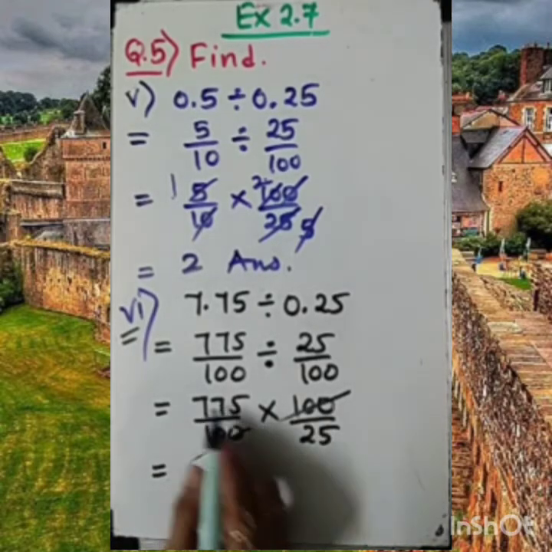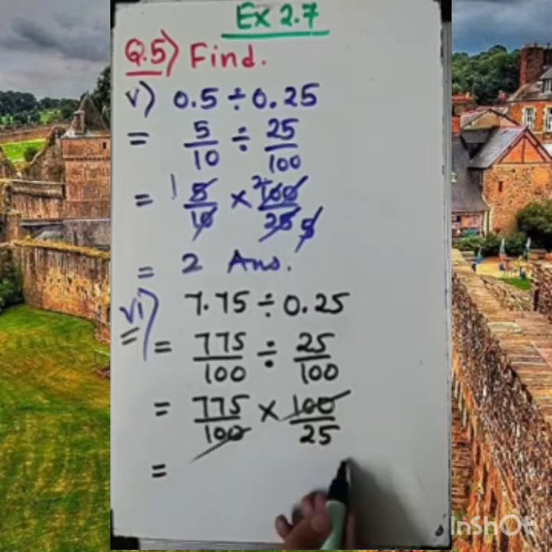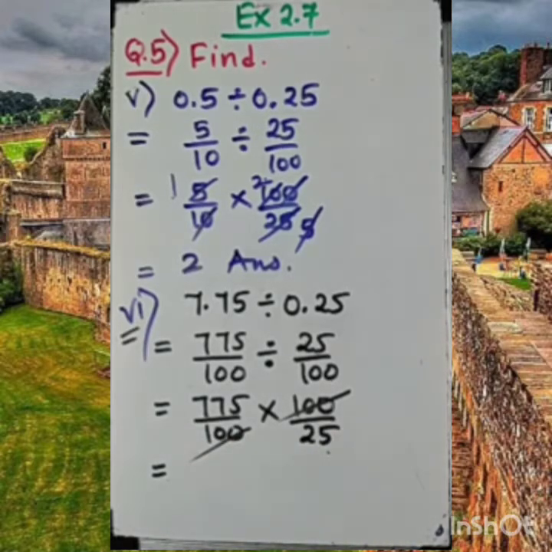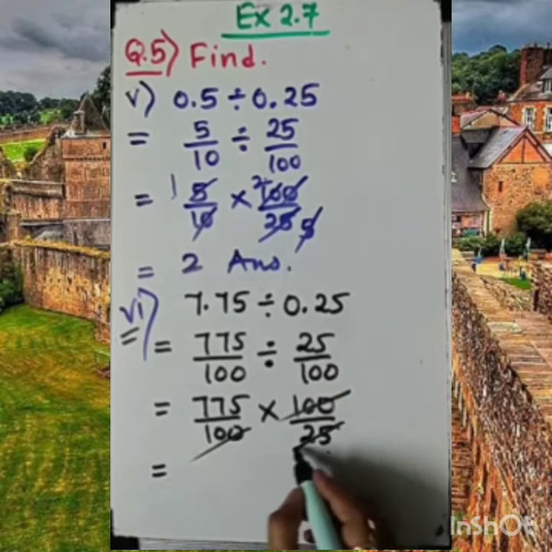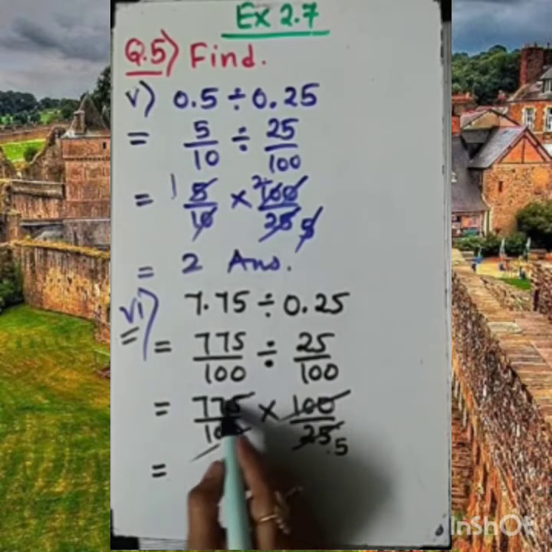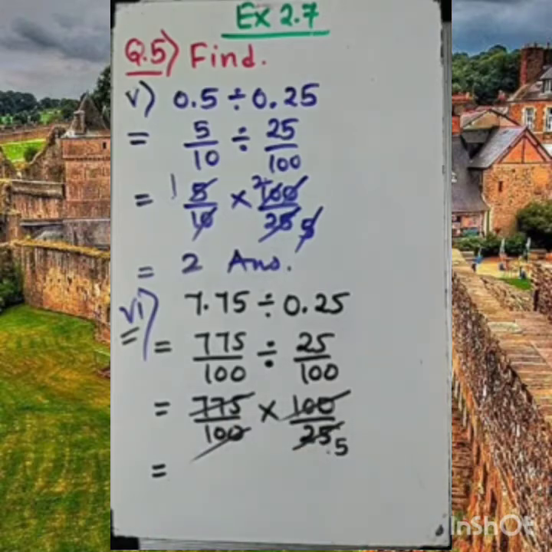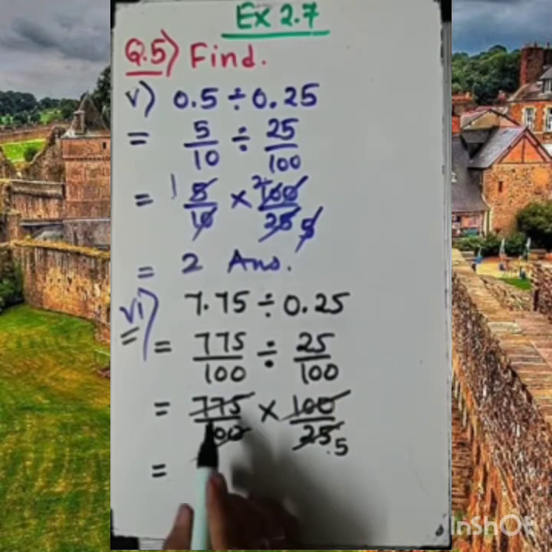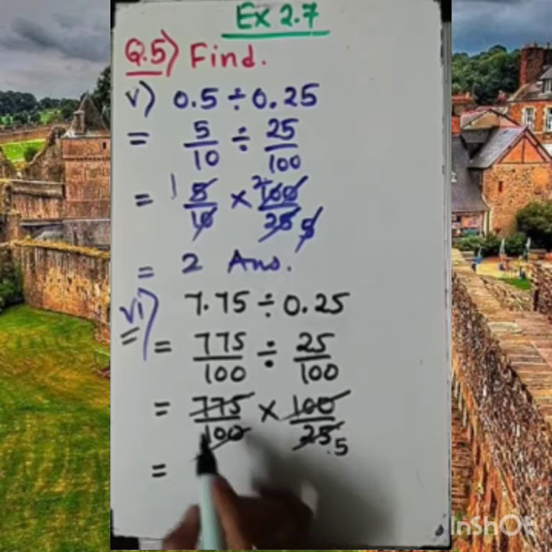Now how to move with this? Is it possible to divide directly with 25? So dear student, I am showing you the easiest technique. See beta, here if we are having 5, it's the factors of 5 5s are 25. So let's try to divide this number with 5 first, okay? If you are not able to do it direct, if you do not want to divide it direct by 25, then move with 1 by 1. Let's try to divide with 5. So let's recite the table.